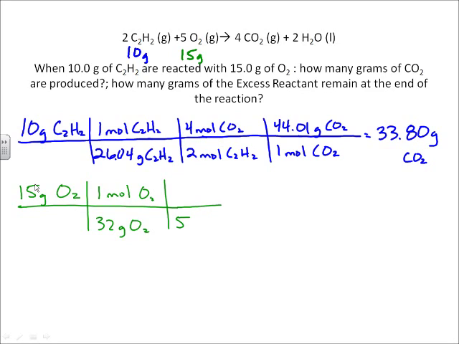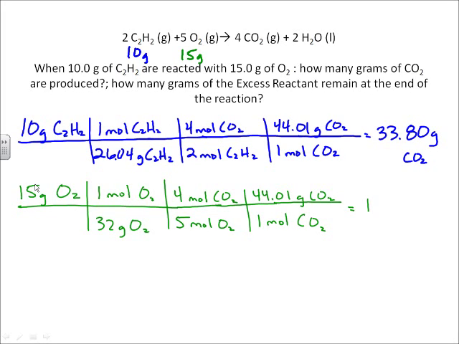Our molar ratios, and find out how much carbon dioxide we have. So it turns out we have enough of our oxygen to produce 16.5